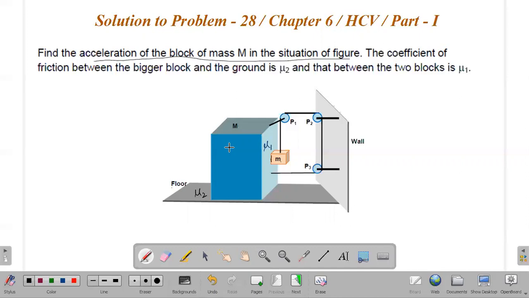The number one thing, if you are dealing with any problem of Newton's laws of motion, the first and very essential and important step is that you must recognize all the forces which are acting on the objects. And to recognize all forces acting on any specific object under consideration, you should always have a checklist of the forces to check if you have considered all the forces in the free body diagram or not.